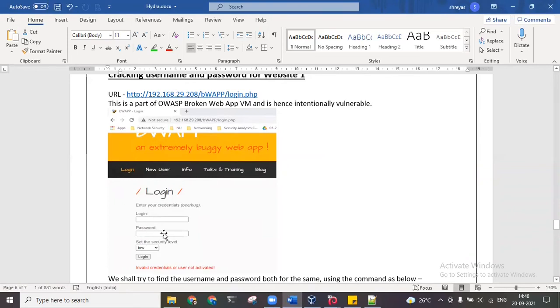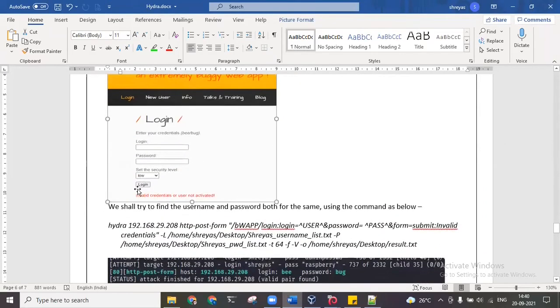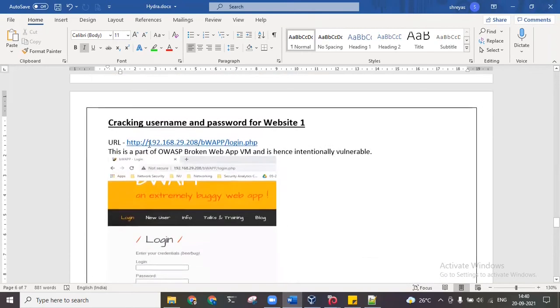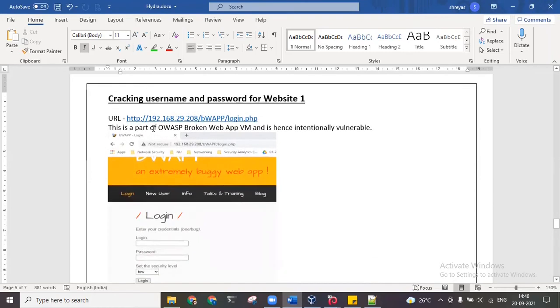What we will do is, we know that if we inspect element, we can get the ID or the name of this particular web element where we give the login or username, and where we give the password. So we would inspect those elements and get the name or ID of these fields, the login field or the password field, and also the submit button or the click button. Once we get those things, the command will look something like this: Hydra space, then the IP address of this URL, the base one.